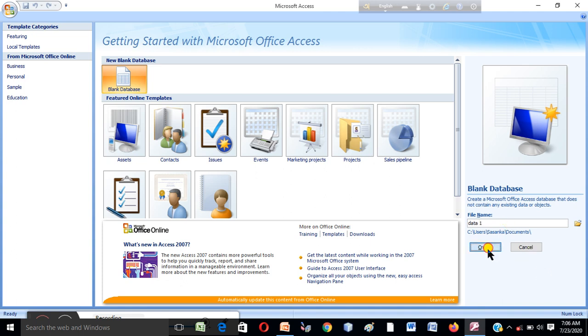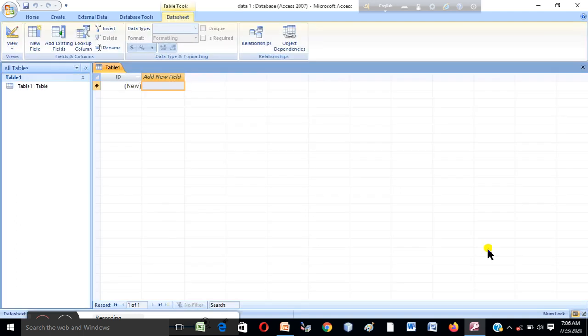Then click on Create. Then you get this Table 1, and we can edit the table, modify the table, and enter the data.